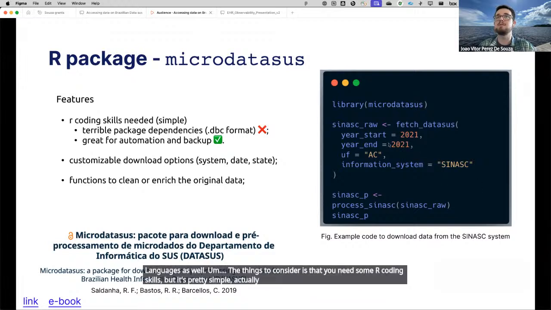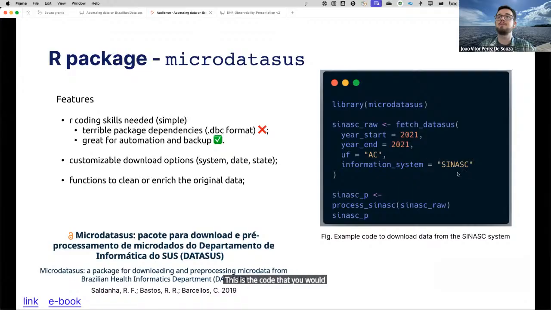So if you look here on the right, this is the code that you would use to get data from the live birth system from 2021 for the state of Acre, which is one of the states in Brazil. And with just three arguments of code, you could get the data set for the whole year for that state, which is pretty simple.